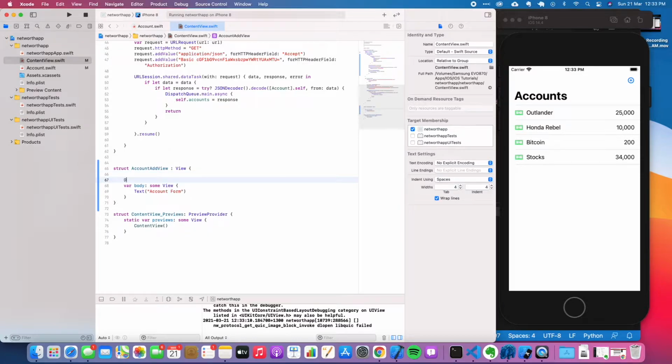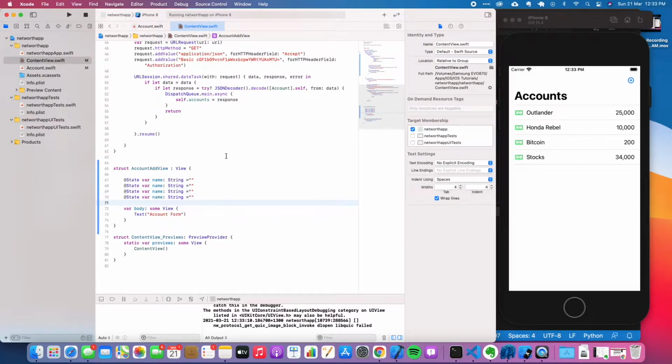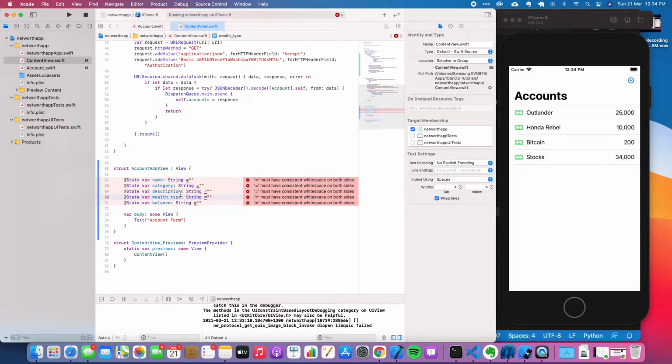So I would need some sort of state to capture this value. So var name string, and then I'm just gonna copy and paste category, description, balance. Category, description, and balance. There's also wealth type actually. Let's complete the whole thing. It's called wealth type. Cool. So it needs a space. So once we have that,